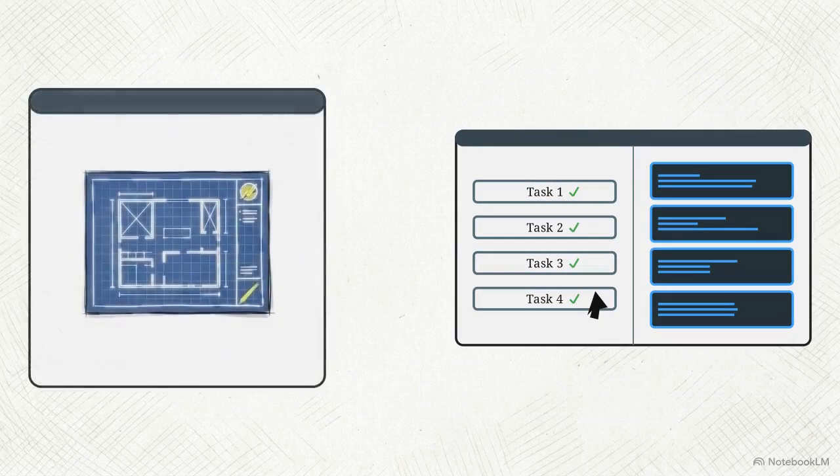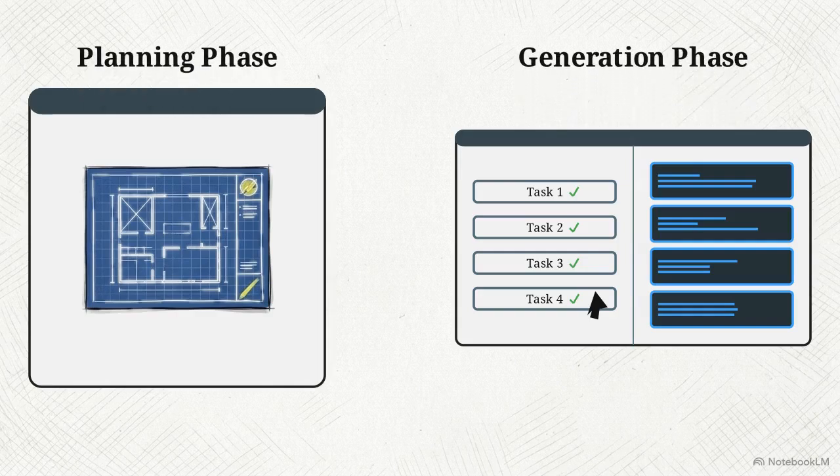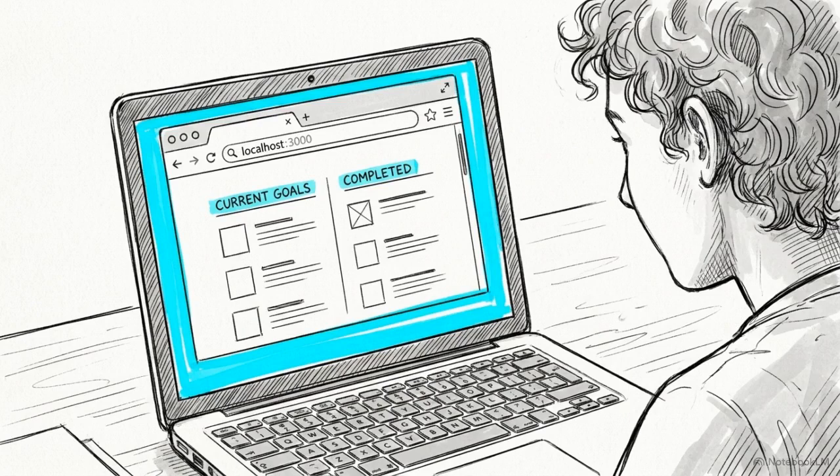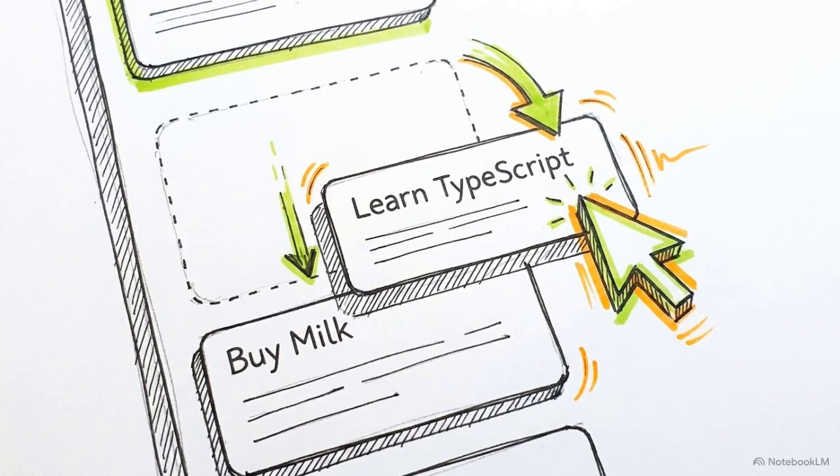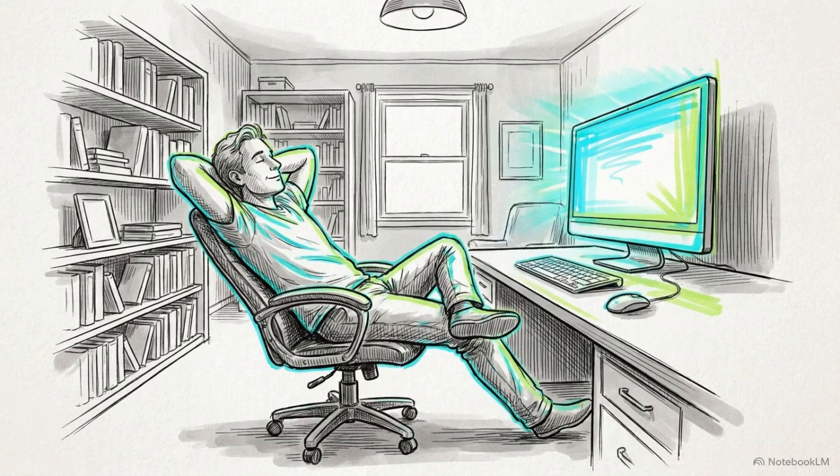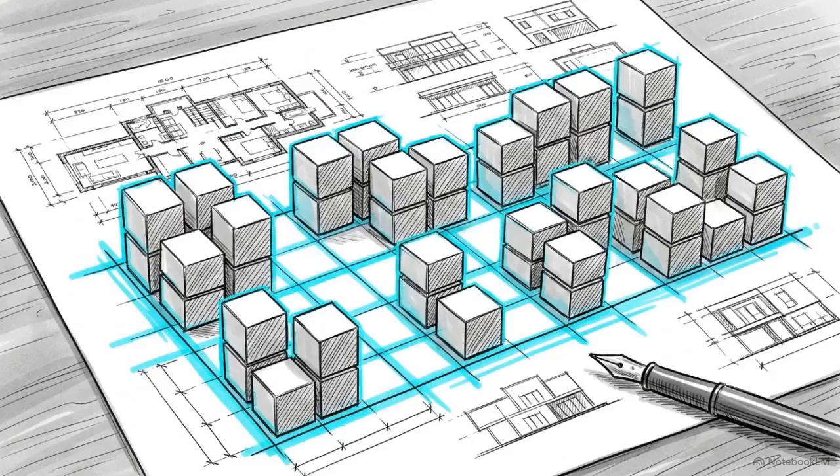Because we separated the planning phase from the generation phase, the AI uses all of its compute power to write precise, functional logic, rather than wasting tokens trying to decipher an endless conversation history. Now we spin up our local development server to test the actual application in the browser. We click and drag a goal, and it smoothly reorders in the list. The UI reacts instantly. The feature functions exactly as designed on the very first attempt, because the model was following